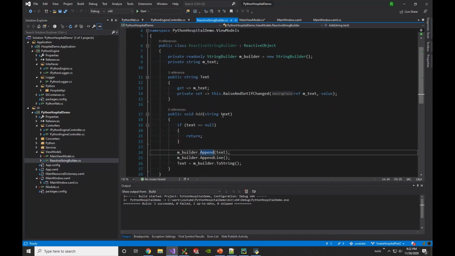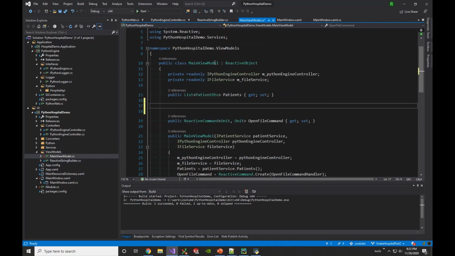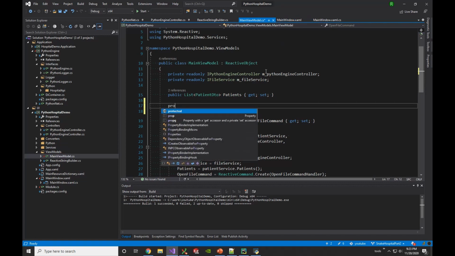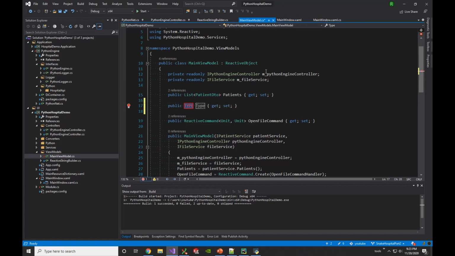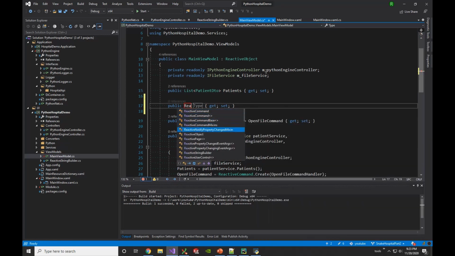As you can see, when we add text to it, it raises and sets if changed for that text, and that's going to refresh that area in the UI. So that's all you have to do to get it to display the text. That's nice and convenient. So let's go ahead and add that reactive string builder,